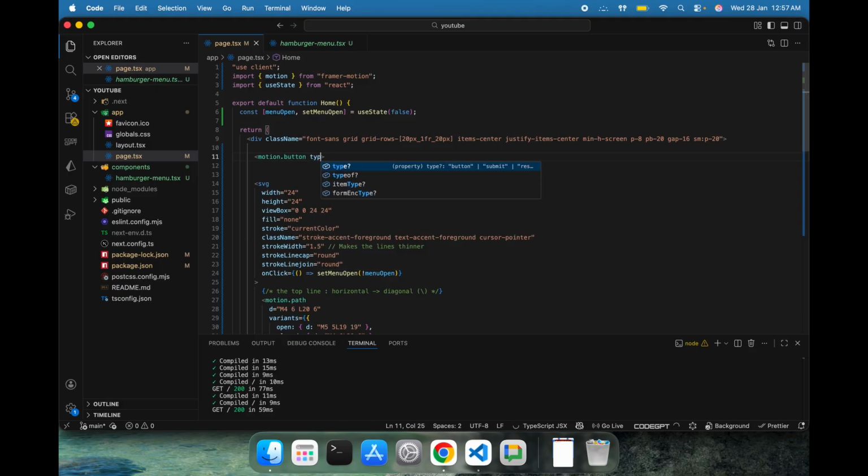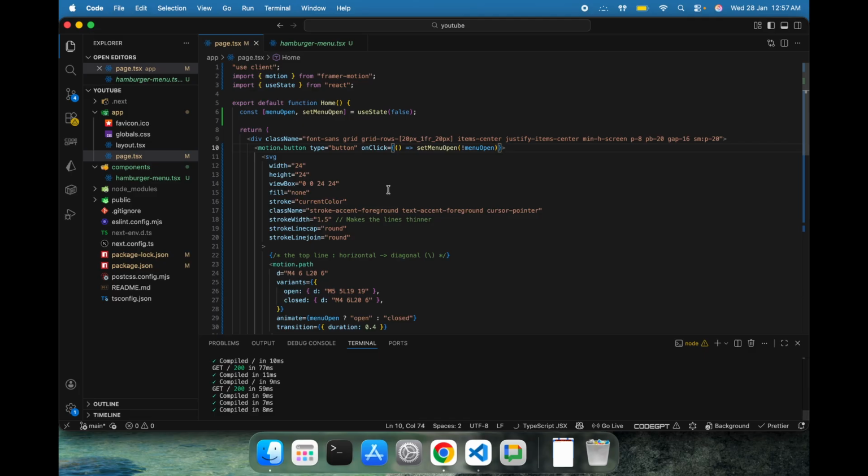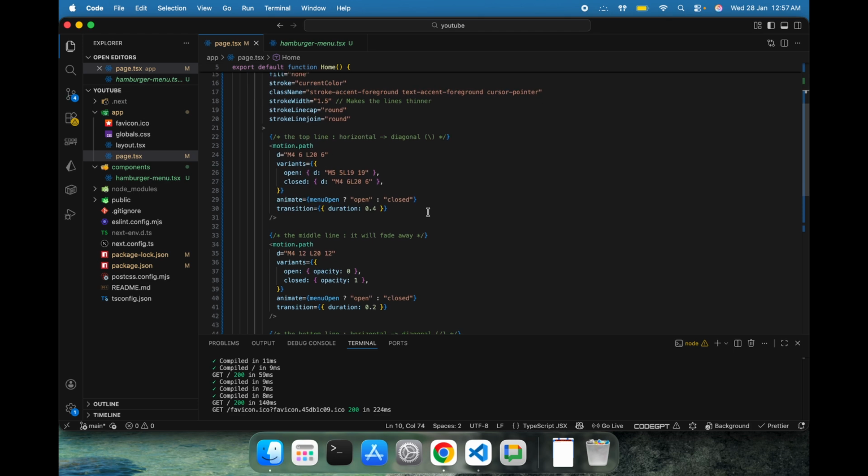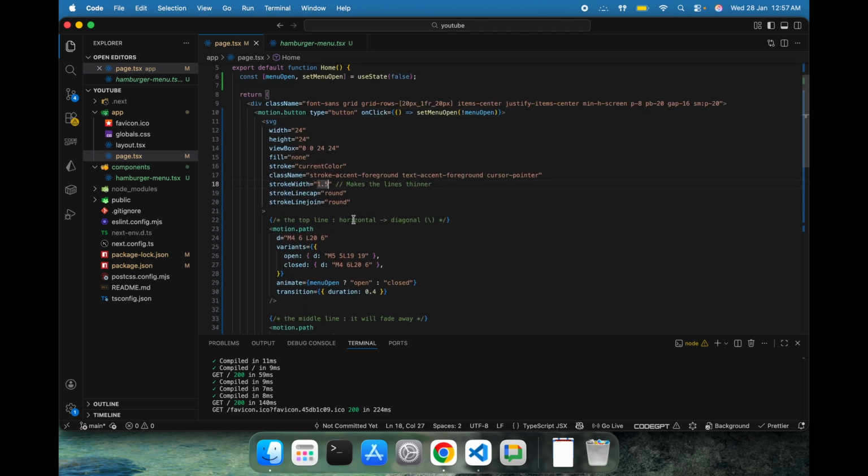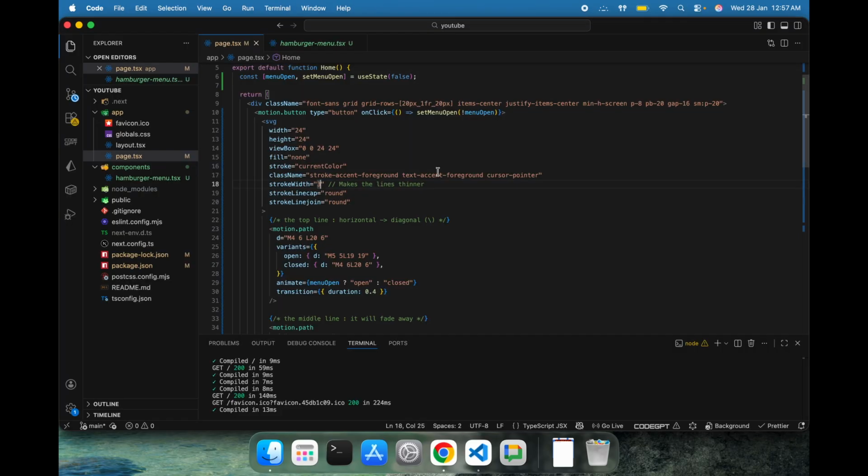The type will be button as well, and we're going to add this onClick function on this button. Yes, you can see it's smooth, and you can change this stroke width value to 3 or 4, so it will be a little bit bolder,